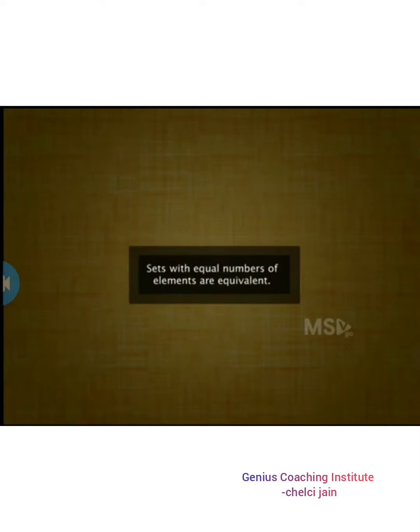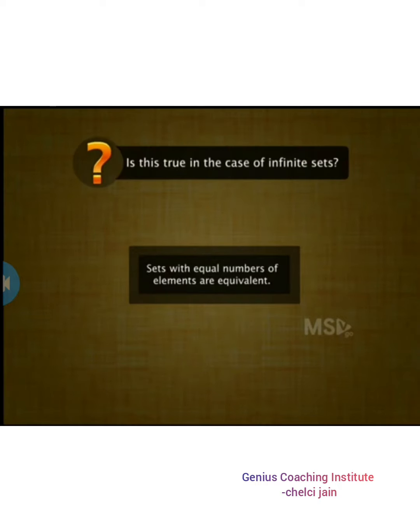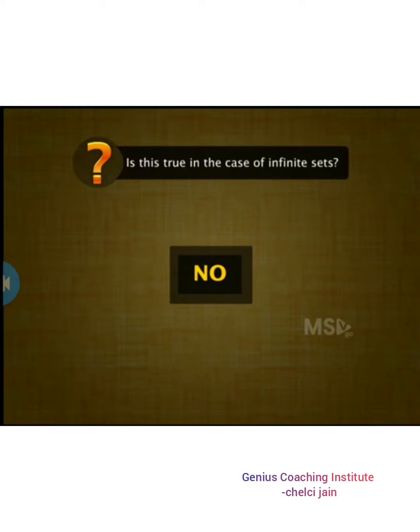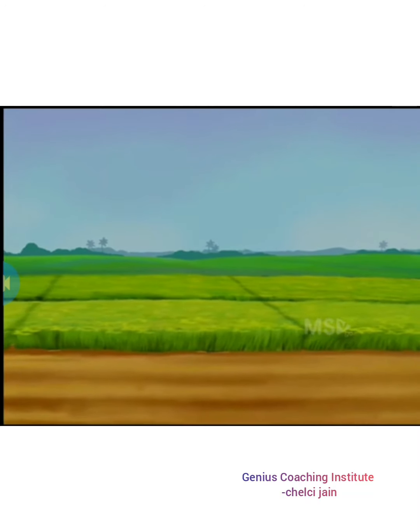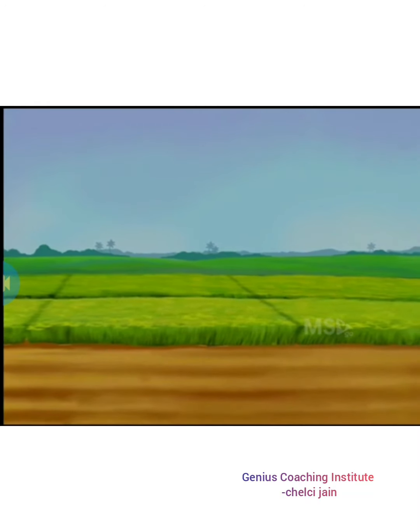We have seen that sets with the same cardinality are equivalent. But is this true in the case of infinite sets too? In other words, can we say that two infinite sets are equivalent? The answer is no. We can't say this in the case of infinite sets. To understand how two infinite sets may or may not be equivalent, let us listen to a story about two